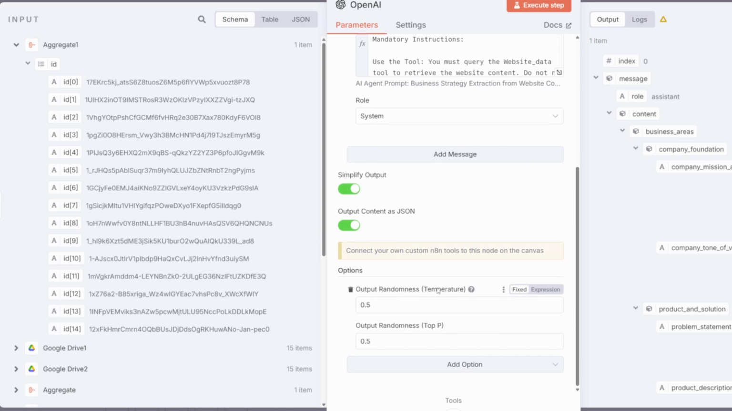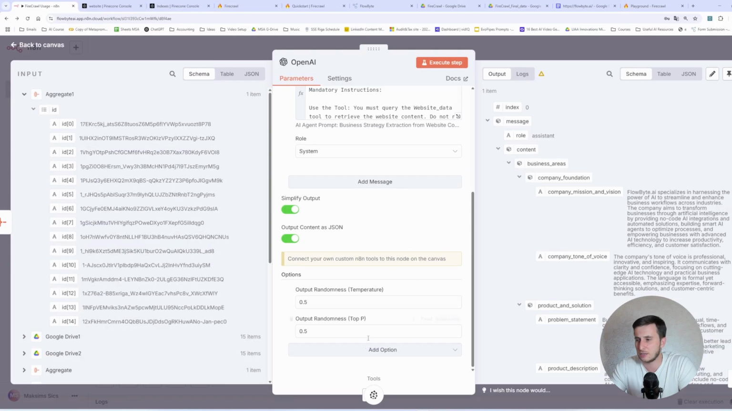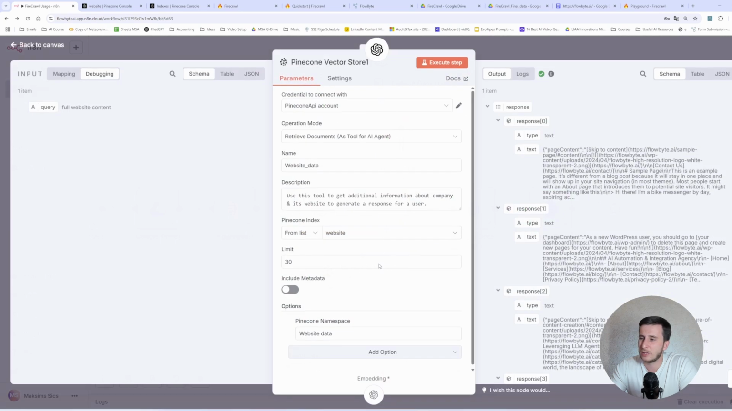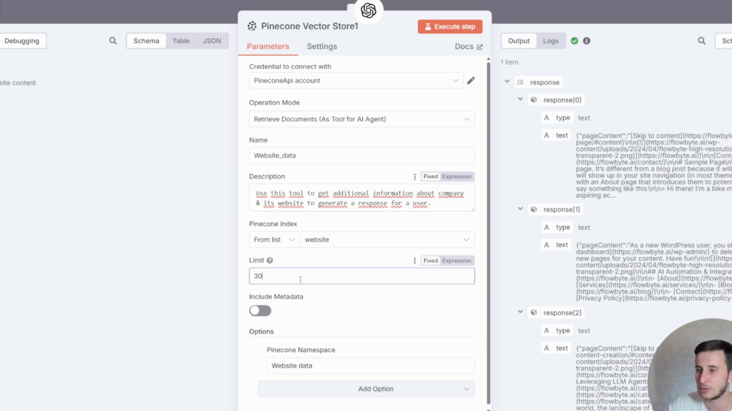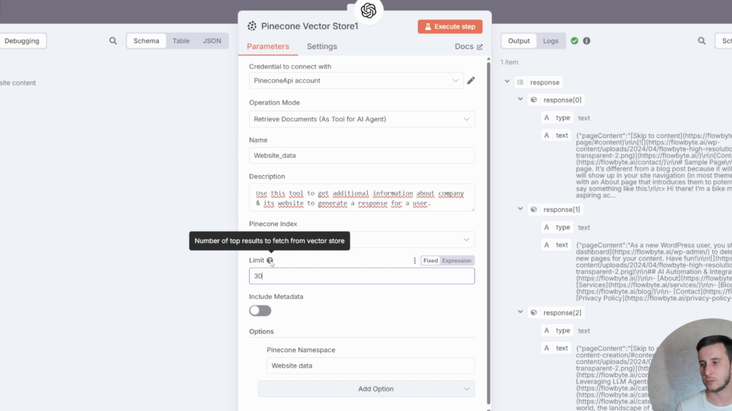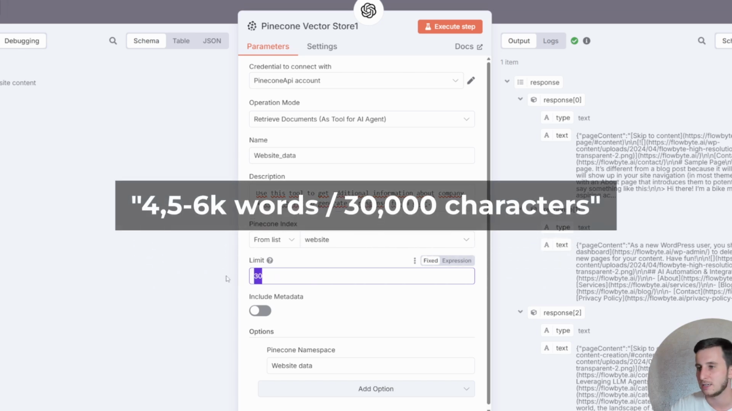I also have the temperature and top P set to 0.5, so there is a little bit less hallucination, in a sense. And what is more important, we have again the Pinecone vector database that is going to be used as a tool, to get additional information about the company and its website to generate a response for a user. I have set a limit of 30 because here we have a lot of information to retrieve, and we need to make sure it has all that data. It's not just one chunk, but more. It's about 3,000 words in general that it can get as additional context,